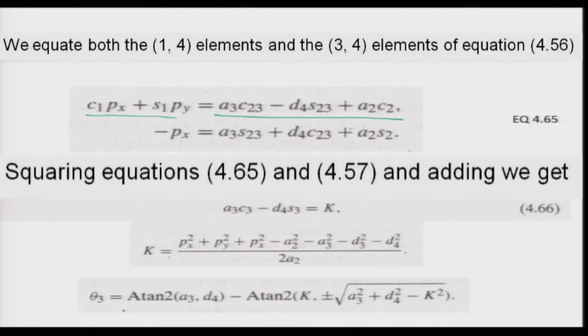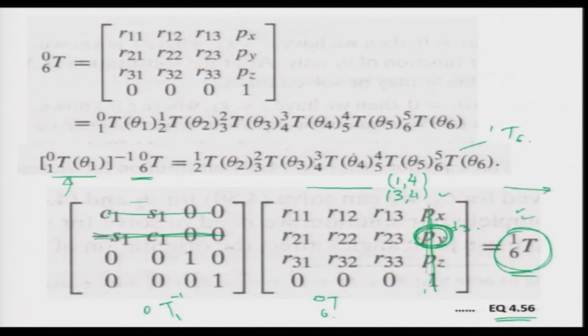Two equations we get. So for the 1 4 term we get this one, equating 1 4 on both sides. We get that, equating 3 4 on both sides of this, again we get this equation. Again 3 4 would mean 3 and 4 again. So if you equate it, what we will get is